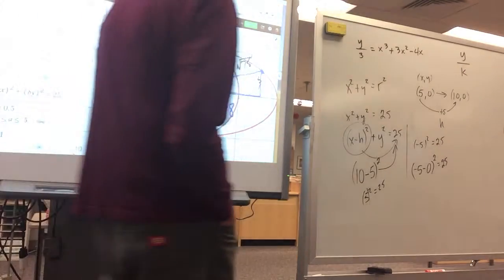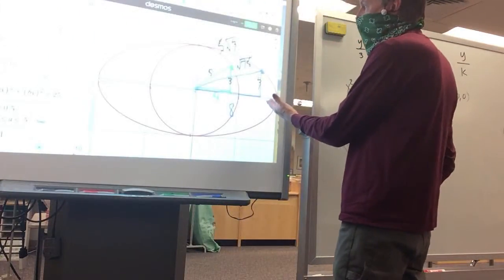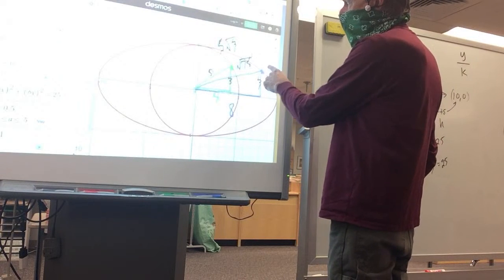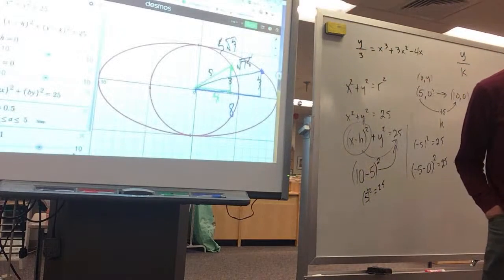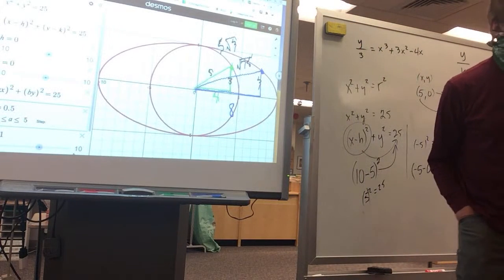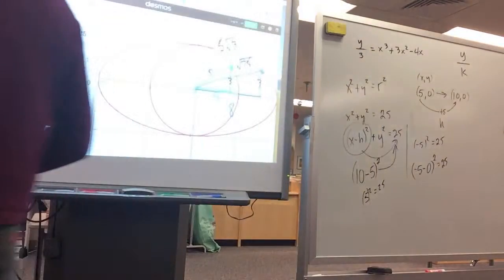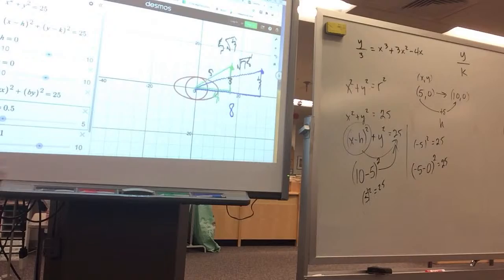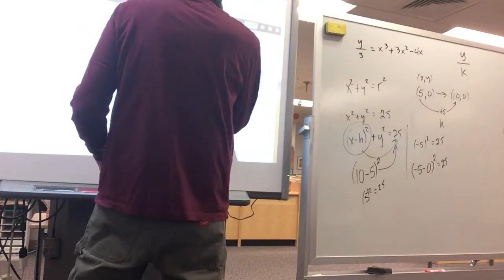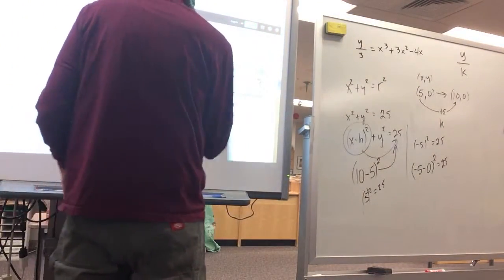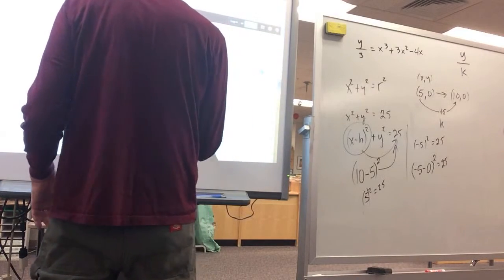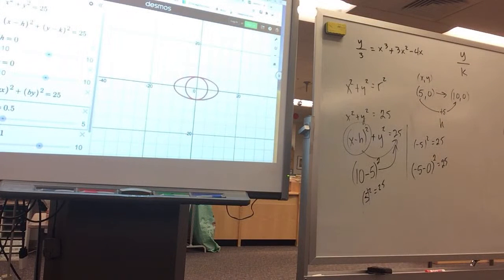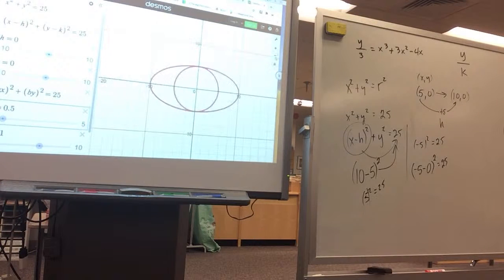But if I'm going to double my x, I'm going to stay on that shape, but it won't be a circle anymore. But if I double both my x and my y, the computer is probably getting a little slow. Okay, so now if I double my x and my y,